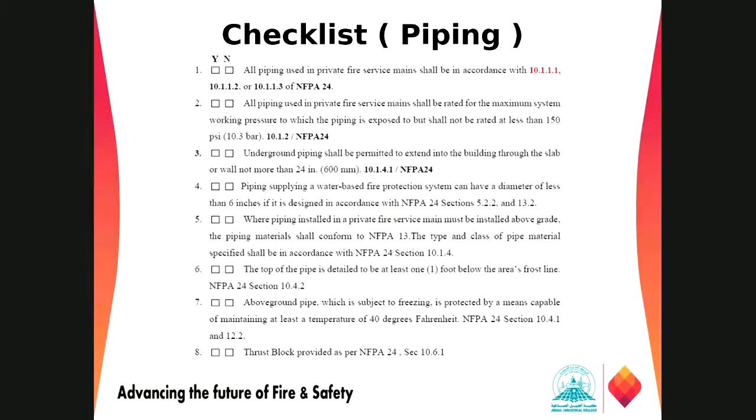Point number 6 talks about the freezing protection, right? If there is a chance of freezing, the pipe should at least be put below the frost line. Normally the frost line is the line above which the piping is exposed to freezing conditions. If the pipe is below that line, those freezing conditions cannot affect the underground fire water networks.